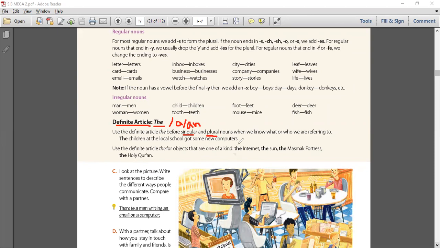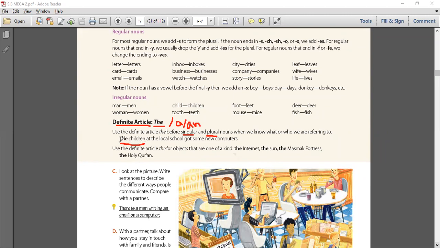Or, for example, let's say that we are sitting together as a family and the children are playing outside. You're not going to say to your mom or to your sister, "Mom, children, there are children who are playing outside." No, you're going to say "the children" because you know and they know what children you're talking about. Okay, when I say "the children", I know which children I mean and the listener knows which children I mean.